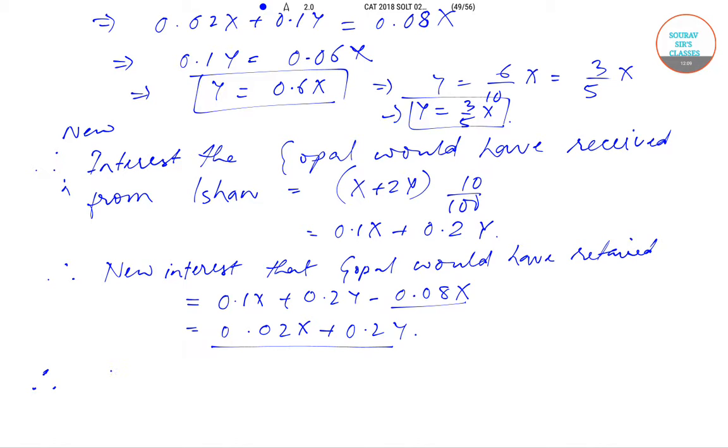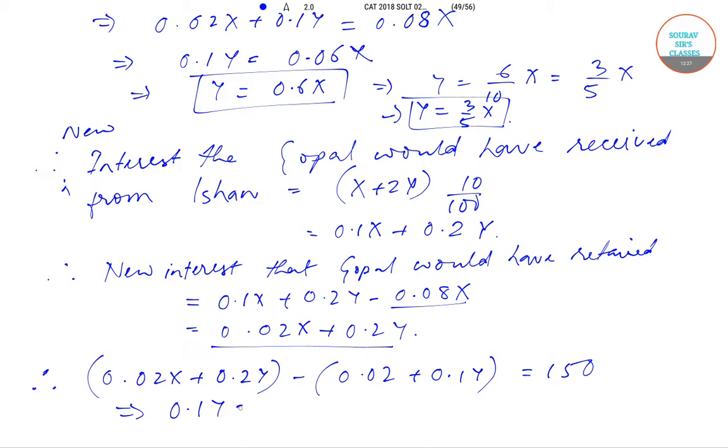So this means that 0.02x plus 0.2y, which is the new interest, minus 0.02x plus 0.1y, is equal to 150, and this implies that 0.1y is equal to 150, or we can say that